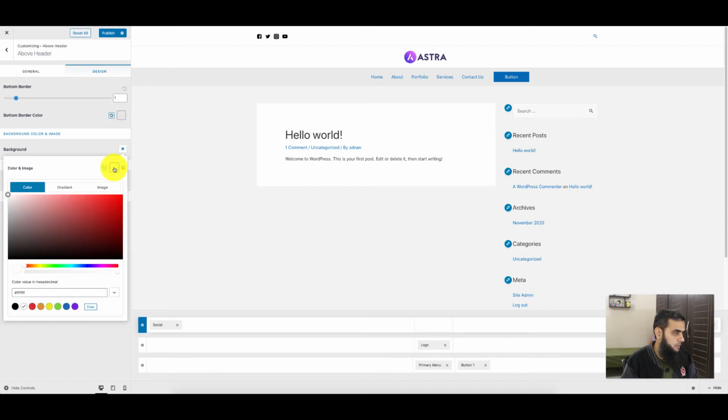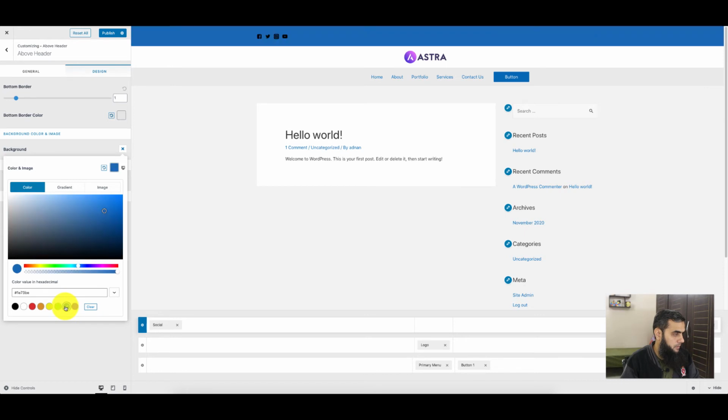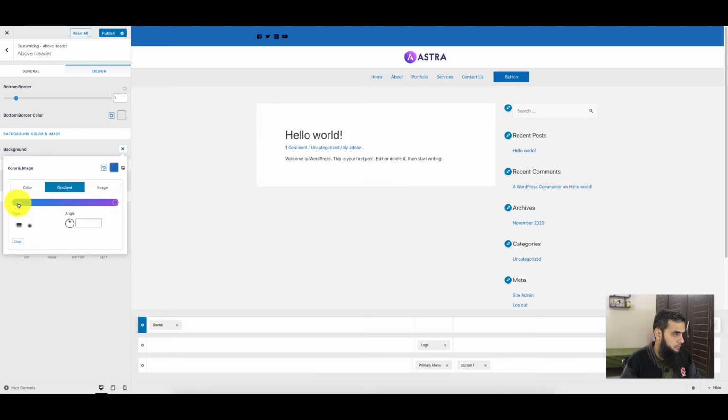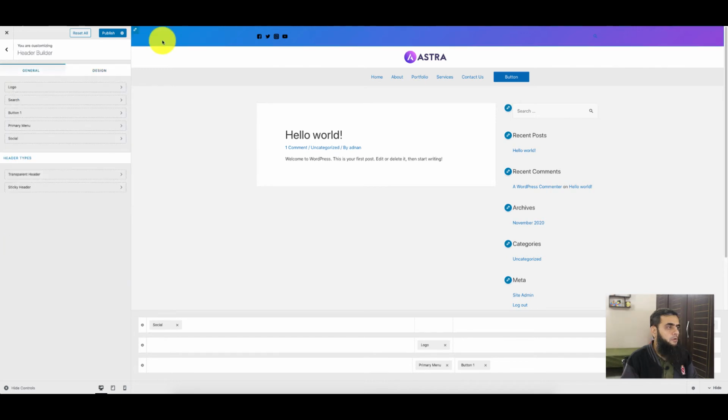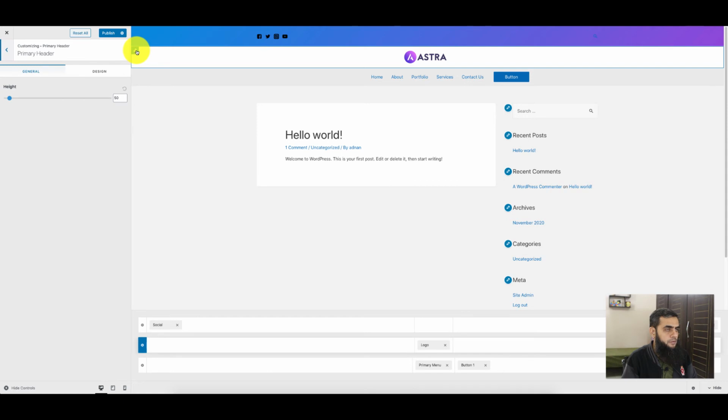Click on it. You can even place some color here, or maybe a gradient if we would like to place here. So it is a very useful thing now. Okay, for this middle row I'm also going to change its color.